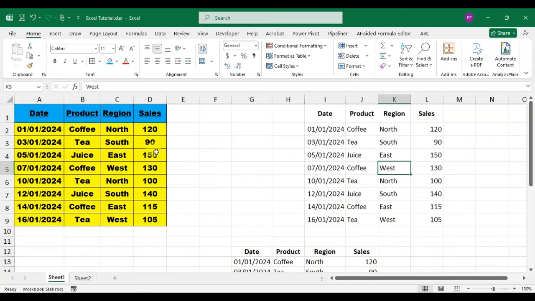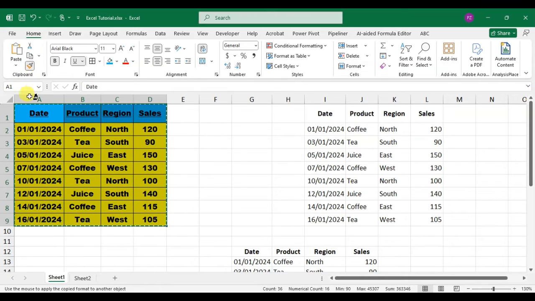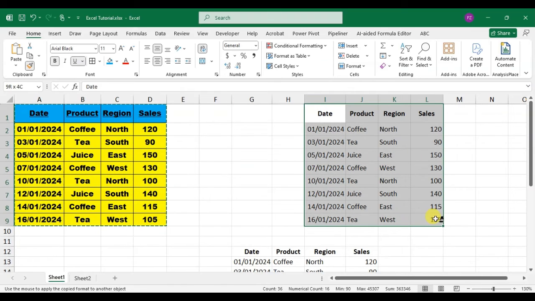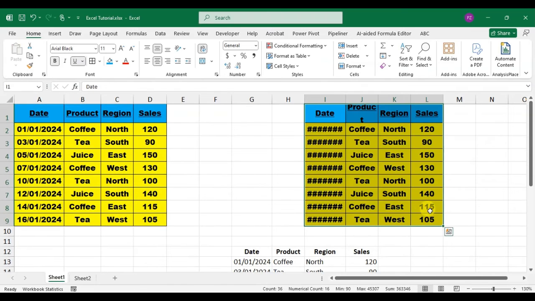Okay. So simply select the range of data, go to the Home tab. In the Clipboard group, click on the Format Painter option, and here you can see its data is automatically selected. And now your cursor changes to the brush. Then you drag over the range of cells where you want to apply the same formatting. Okay. So I just drag over here on this data, and you can see the formatting like font, color, border